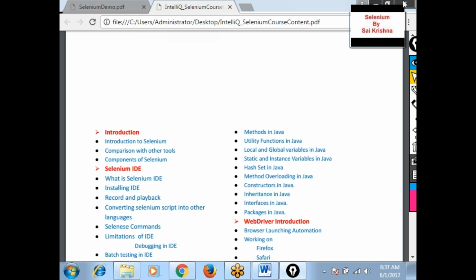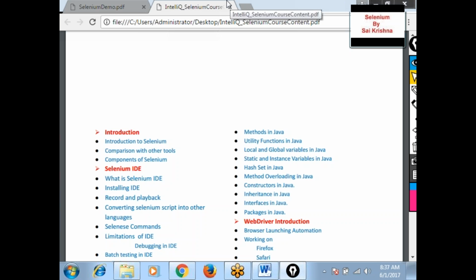When it comes to Selenium with C Sharp, there are fewer openings and a very limited number of resources available for companies also. So getting a job on Selenium with C Sharp is relatively easy at this point of time, though the number of openings is less. And if a company is saying that you should know Selenium with Java and Selenium with C Sharp, it's not that they are expecting us to implement Selenium on both